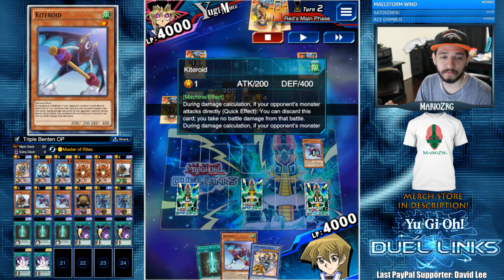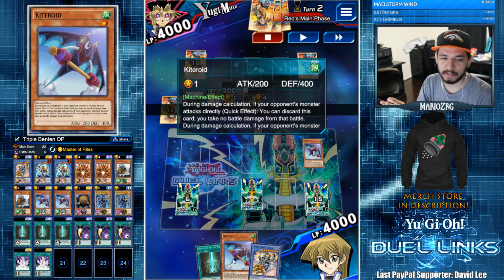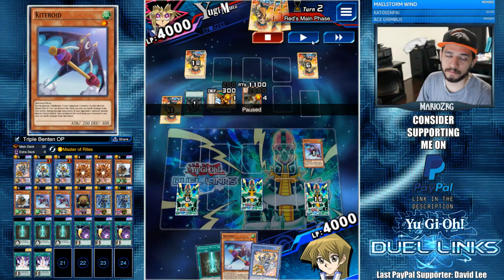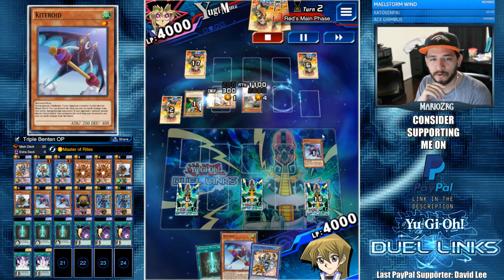There's no sort of restriction. You can use it once from your hand and once from the graveyard in the same turn, it doesn't matter. So I can stop a total of 3 attacks, which is pretty crazy. So I'm thinking my opponent is going for the normal Treasure Panda